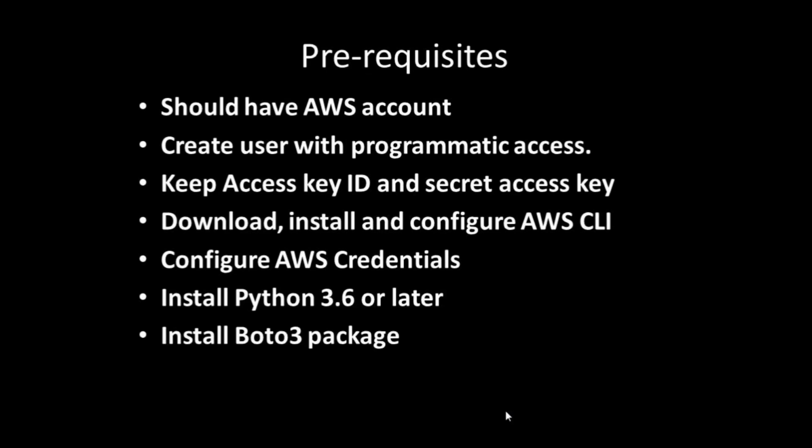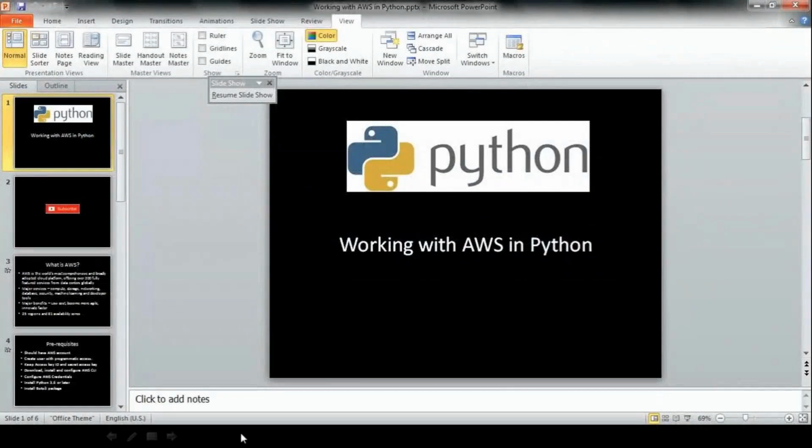Now, if you have gone through all my videos, by this time you know how to install any package in Python. The command is pip install boto3. This is the package which is required if you want to work with AWS. Now let's see how this whole thing works step by step. So first is,